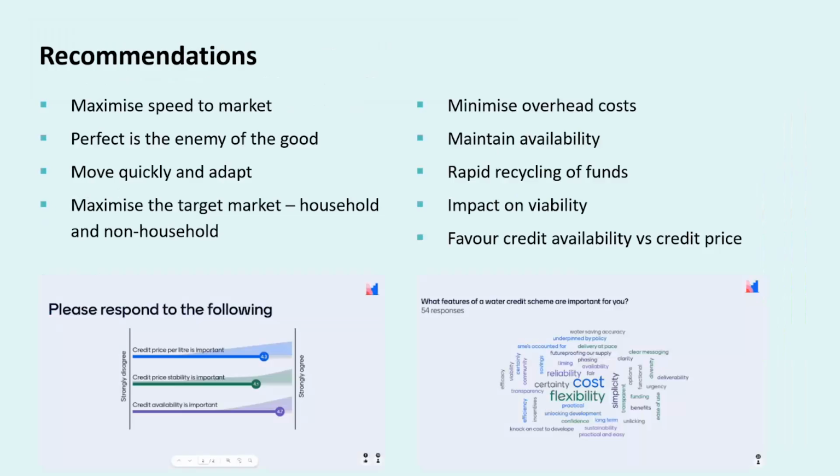Next slide, please. So, wrapping up, last two slides. Recommendations when developing a credit scheme: it's important to maximize speed to market because that facilitates continued housing supply delivery, and it prevents that ad hoc private market that risks undermining the financial viability of a local authority-led scheme. And while it's important that the scheme is robust and accepted by the regulators, you shouldn't let the perfect become the enemy of the good. So instead, move quickly and adapt as you go. The regulators may want you to run a small pilot and learn the lessons from that.